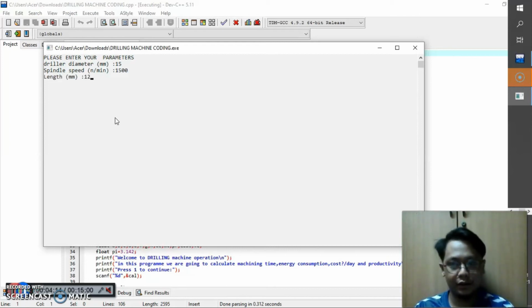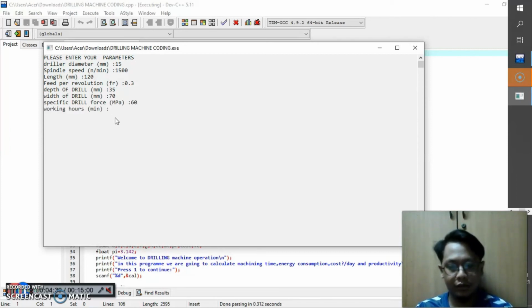Length 120, feed per revolution 0.3. Depth 35, width 70, force about 60, working hours 5 minutes.